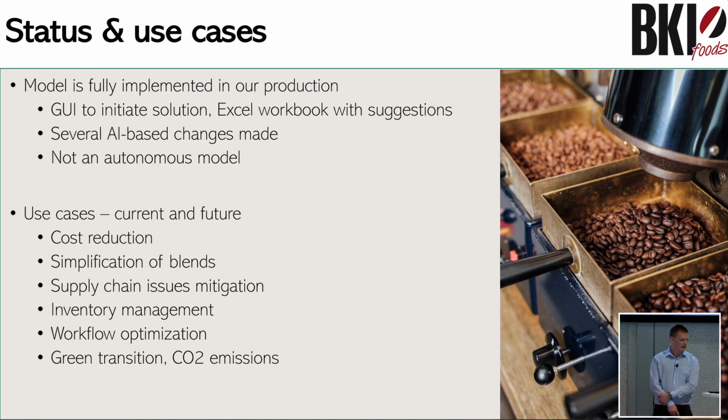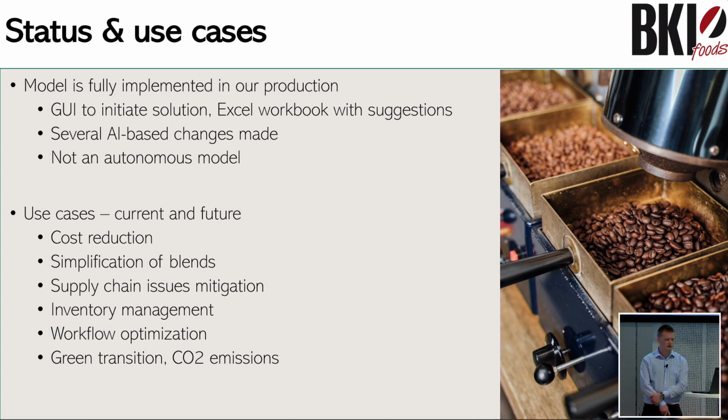So what have we actually been able to build? We've built an AI solution still consisting of 2 modules like before, the genetic algorithm and now a random forest model able to predict the flavor of any combination of green coffees we send in. We have put the model into production,